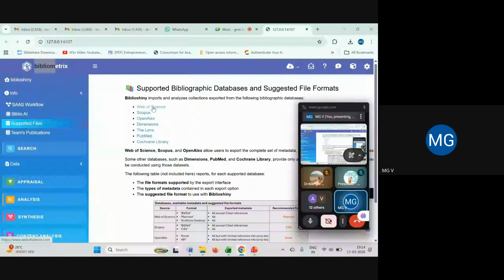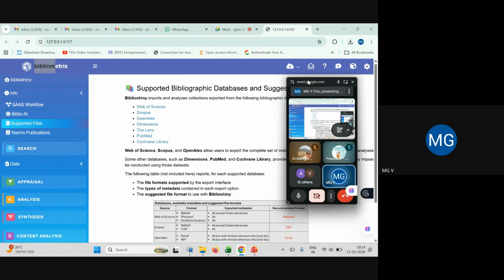As I mentioned yesterday, it supports Web of Science, Scopus, OpenAlex, and now Dimensions. That is why we used Dimensions yesterday, because Scopus is limited. Then the Lens, PubMed, and the Cochrane Library. So please use any of these sources to obtain data, right?